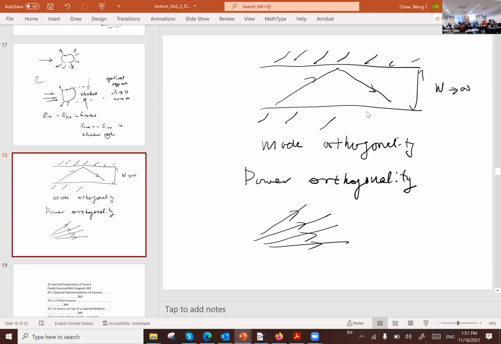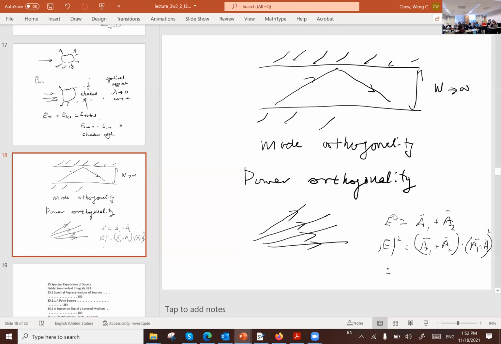So if you have two fields, then you might have a field consisting of two fields, A1 plus A2, and these two fields are orthogonal to each other. Then very simply speaking, if I were to take the square of this, it will be roughly this one, dot with A1 plus A2 complex conjugate. And if you multiply this out, it will be A1 amplitude squared plus A2 amplitude squared